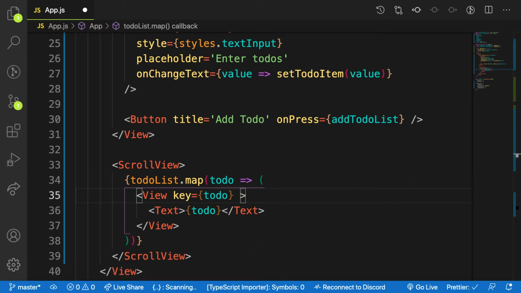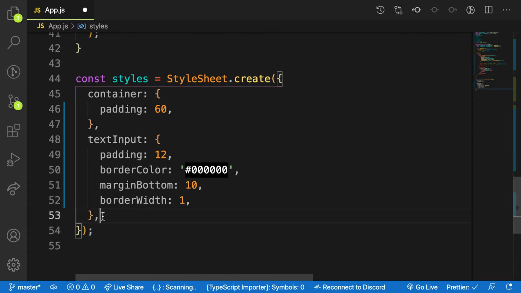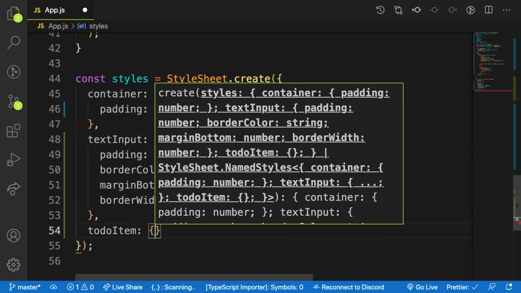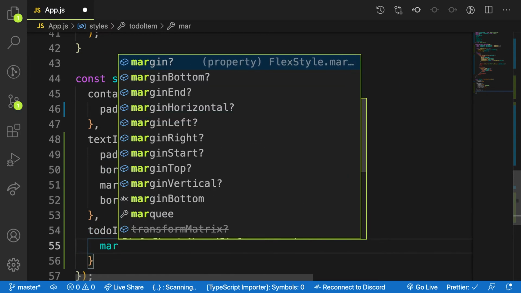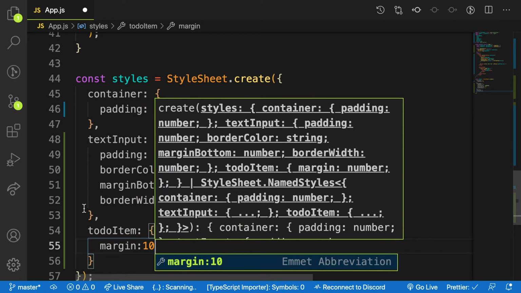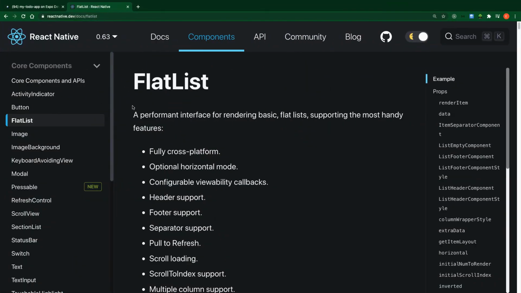Right? So it is left with the styling. Let's apply some styling to this text. Let's go down here and create one style property called todoItem, and then let's apply CSS to that. Margin top, we have a margin on both sides to be 10. If you want to know more about these properties, let's go to the documentation, and